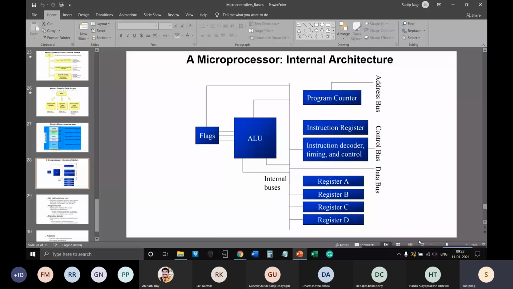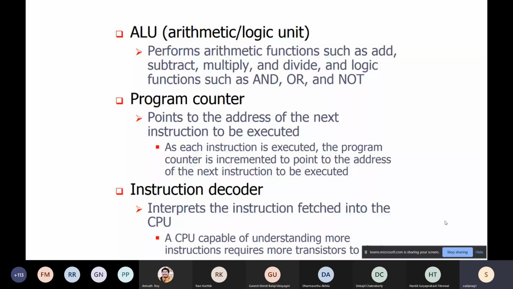Okay. So we discussed this. You can read this later on. ALU, arithmetic logic unit, performs different arithmetic or logic functions. The program counter is just like a simple digital counter. It may be 8, 16 or 32-bit. In the 8051 that we'll study, the program counter is 16 bits and the ALU is 8 bits. And